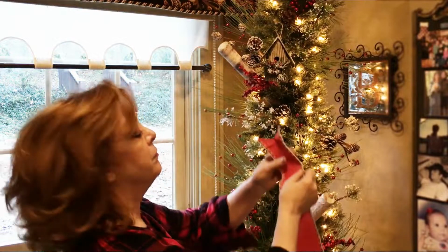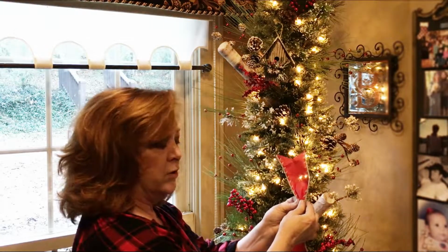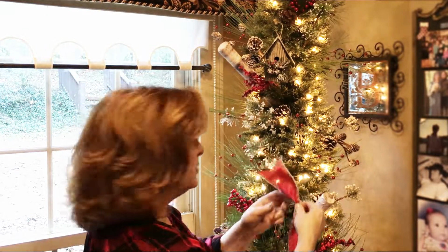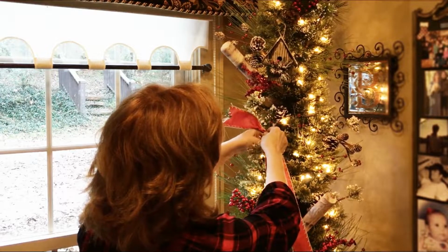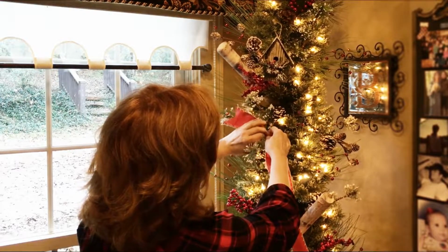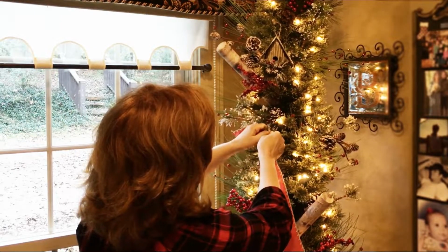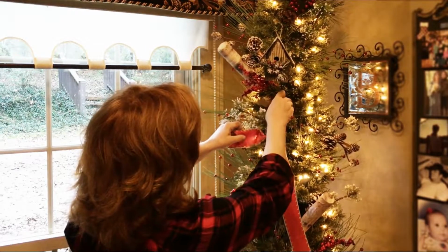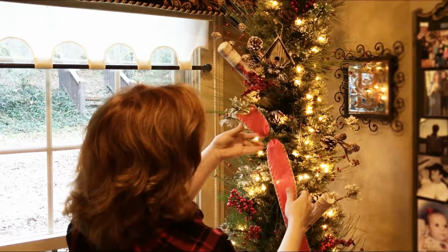Just let that drop. I'm going to come down about 4 to 5 inches. This is a small tree, so probably 4 to 5 is good versus like 6 or 7. And I'm going to pinch it in my fingers, and then I would pick a spot that I wanted to have it in the tree, and actually use the tree branch to tie that off. That little thing doesn't want to stay up there. Then